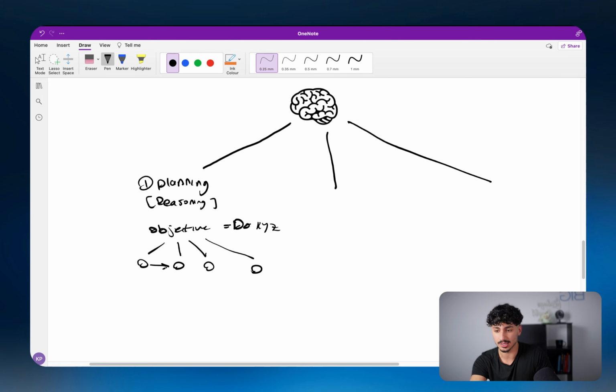And if I achieve this all in a sequential manner, eventually what I can achieve is XYZ or that main objective, right? And this is what we call task decomposition, meaning that you give the AI agent some sort of broad task and the AI agent is able to break it down into smaller subtasks